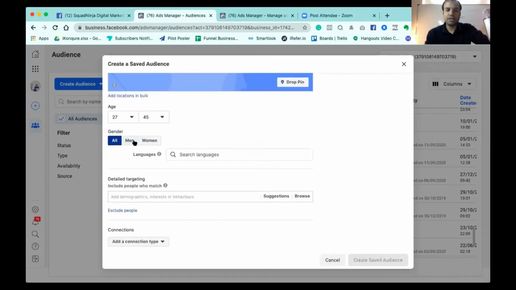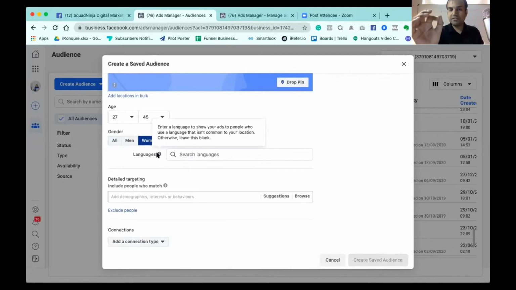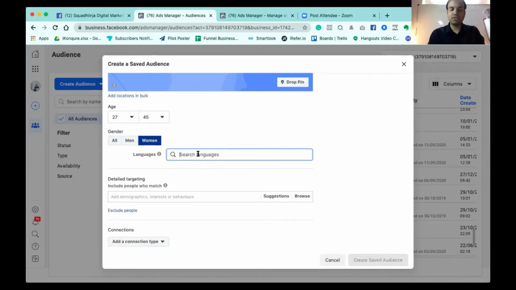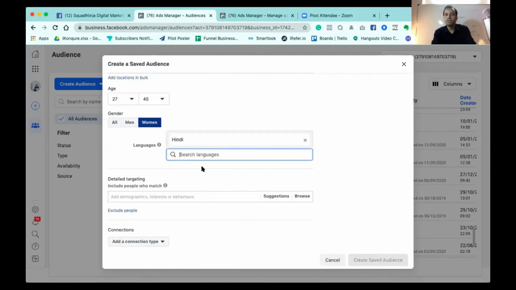Then I want to target men or women, you can select that. You can also target a specific language. For example, I want to target only people who can speak or understand Hindi. If you don't put any, it will target everyone, irrespective of the language barrier. But it's totally up to you.